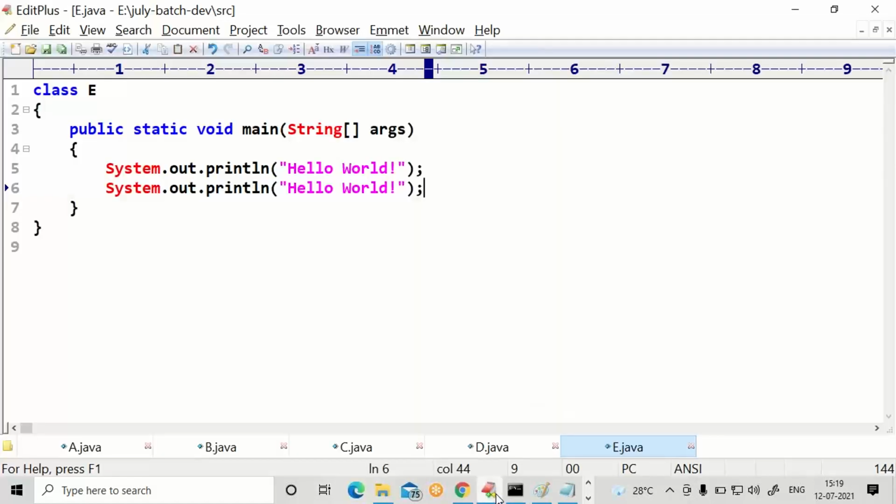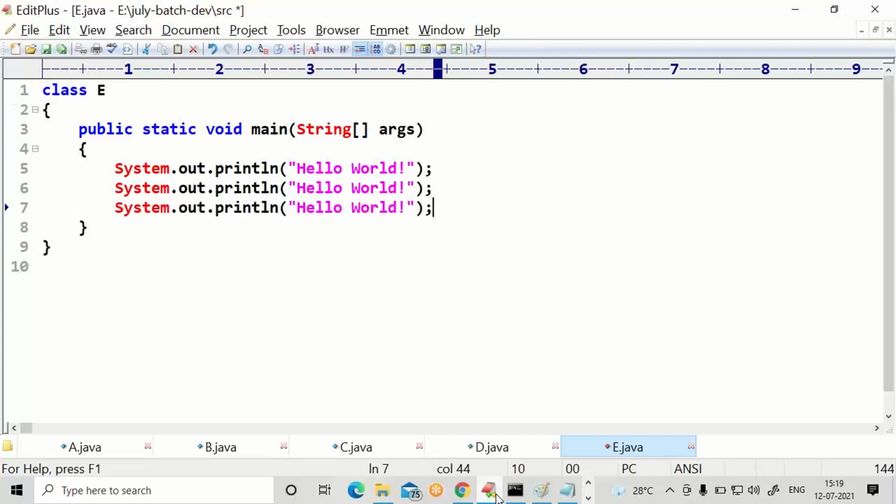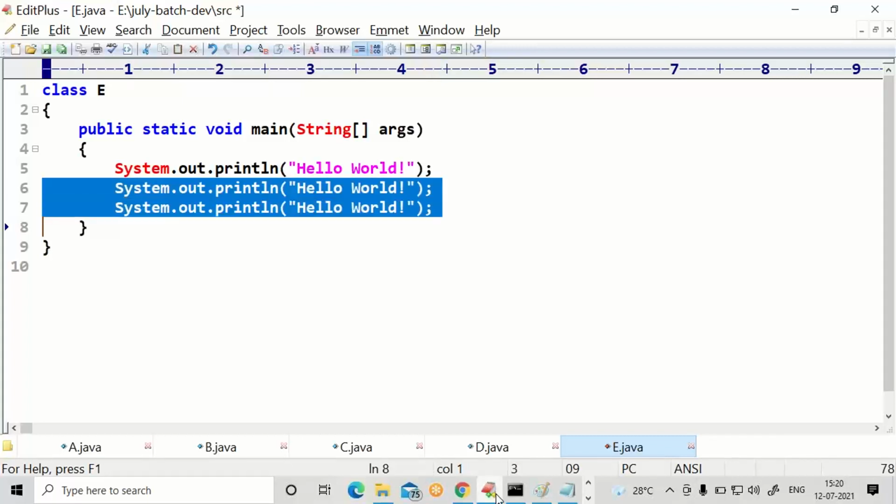Inside a Java file, let me go for one more SOP. Control J. If cursor is there at line number 6, it produces one more line. Let us consider, I want to produce line number 6 and 7. Select both.